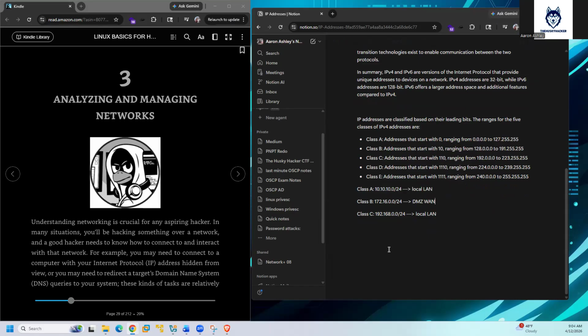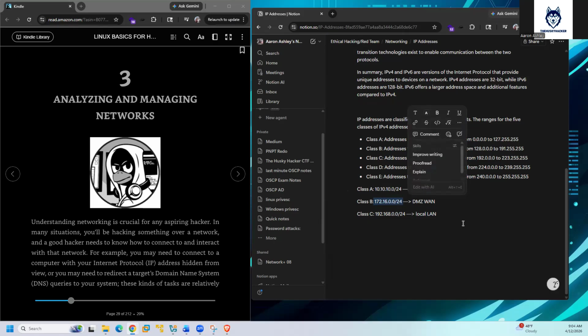Well, this would be a LAN in a sense, or a wide area network range, and then a local range network, basically. You could use this in a LAN setting. I haven't seen it that way, but